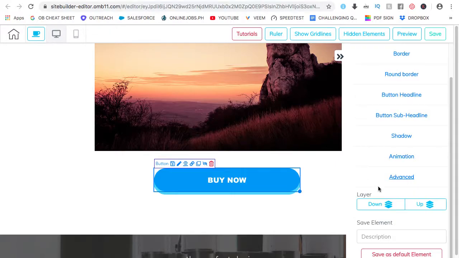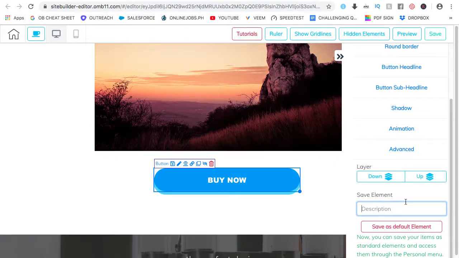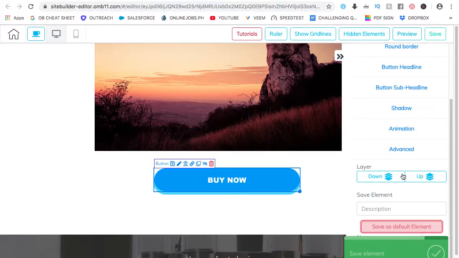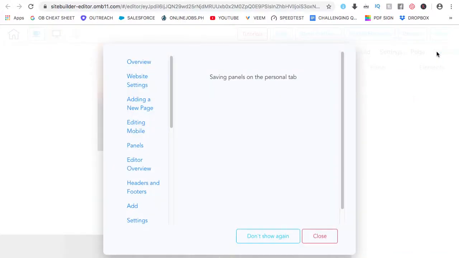Just click on advanced, click here. Let's say I want to save the element, let's say my button, save as default element. Just click on that, it's save element, and then when you go to personal,